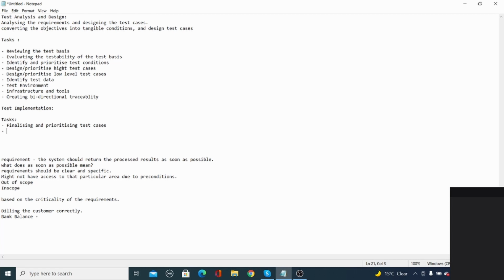So we need to verify what area of the system, pick up test cases for that particular area, and prioritize them. What test cases you need to execute first is based on the preconditions you have.